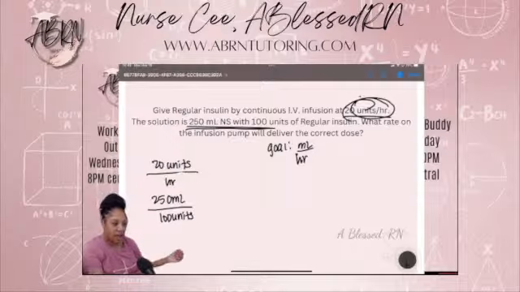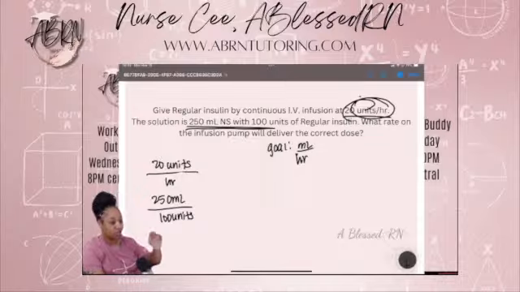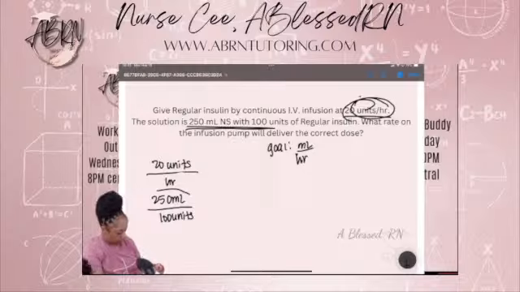Just like 1 hour is 60 minutes. Just like one day is 24 hours. They go together. They cannot be separated. It's like an equation. Like I said, a relationship, a puzzle piece. You keep them together. So if I'm looking for a milliliter on the top, I'm going to start with my milliliters. 250 mLs